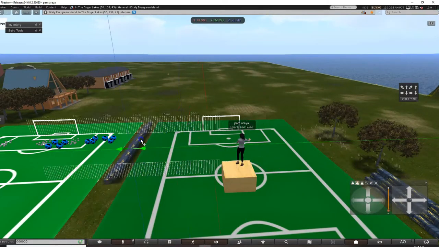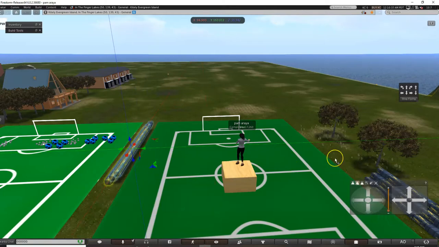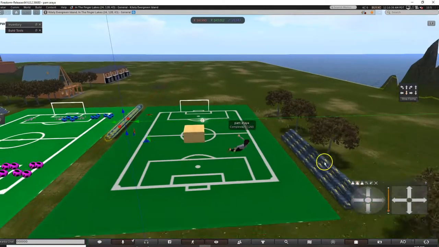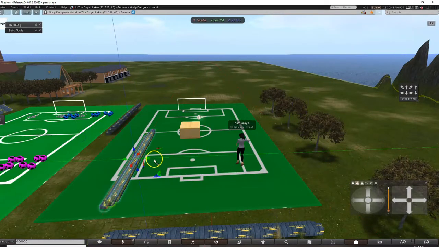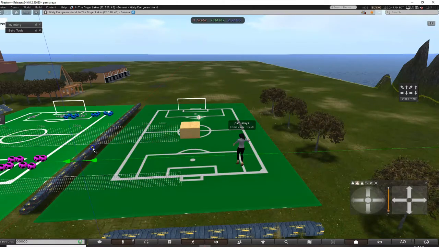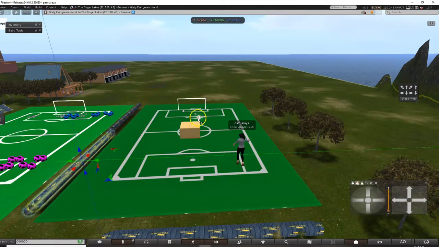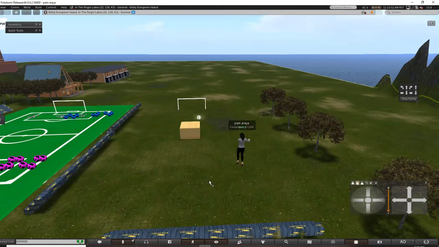Since I'm gonna keep this field here, I'm gonna grab this other guy and also move it over next to this one. And I'm going to select that. And if you just press delete, you can get rid of it. Okay, grab this guy, delete it. Okay, so my trees, I'm just gonna move over. I don't want to get rid of the trees.